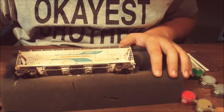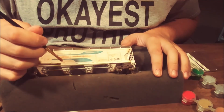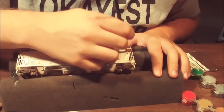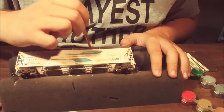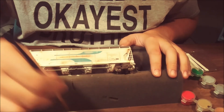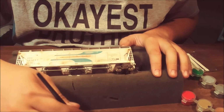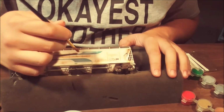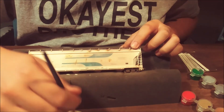Okay, so I'm done with the Tamiya rust powder. Now what I'm going to do is come back with what's left in the mortar here of the brown we used earlier, and do another level of blending with that brown, just touching up and not being wasteful with this brown color. I'm just going to dab it on for the most part. It's not going to be super noticeable unless you're really up close. It's more, at this point, an effort to not be wasteful and get that mortar clear for the final coat of fade